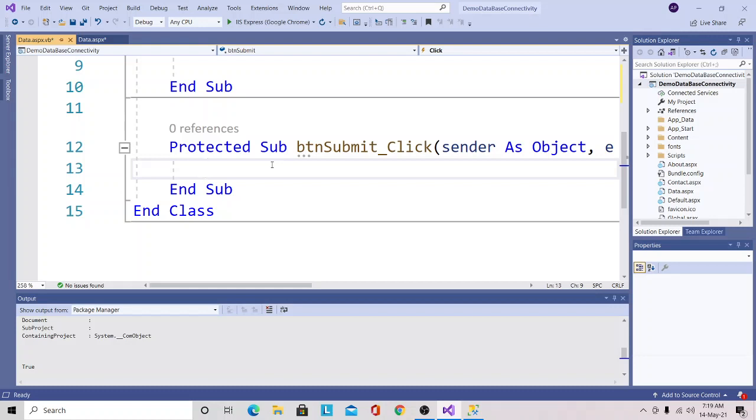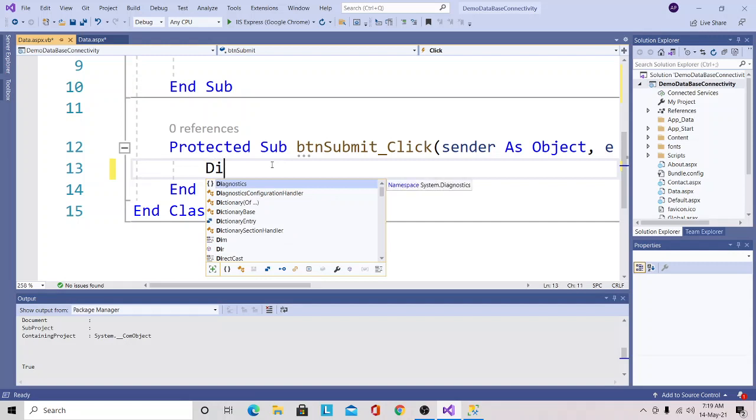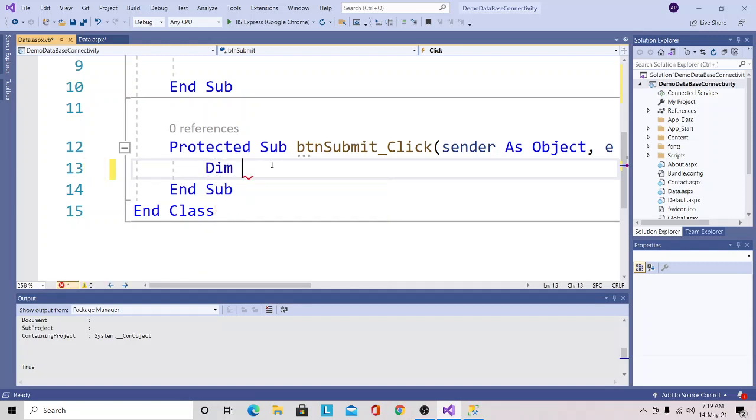Then here, first I will establish the connection. In order to establish the SQL connection, I will declare con as a connection variable. And remember, in the Visual Basic programming language, you need to take the help of the Dim keyword, which stands for dimension, to declare a variable. So using the Dim keyword, I will declare the variable con to establish the database connectivity.